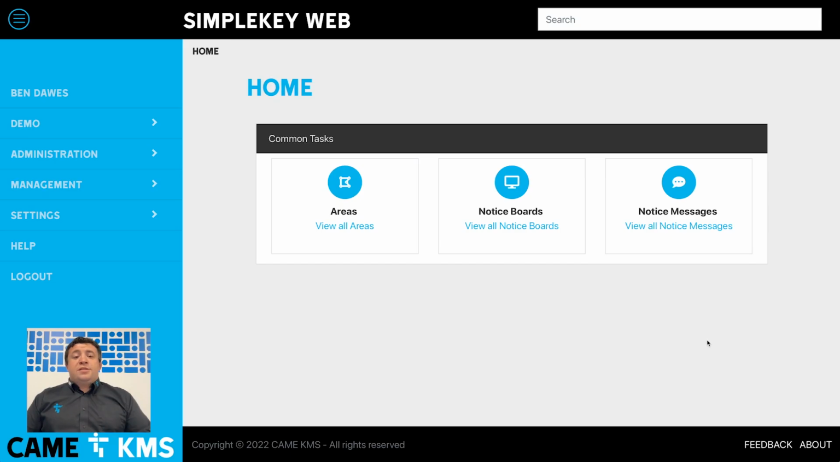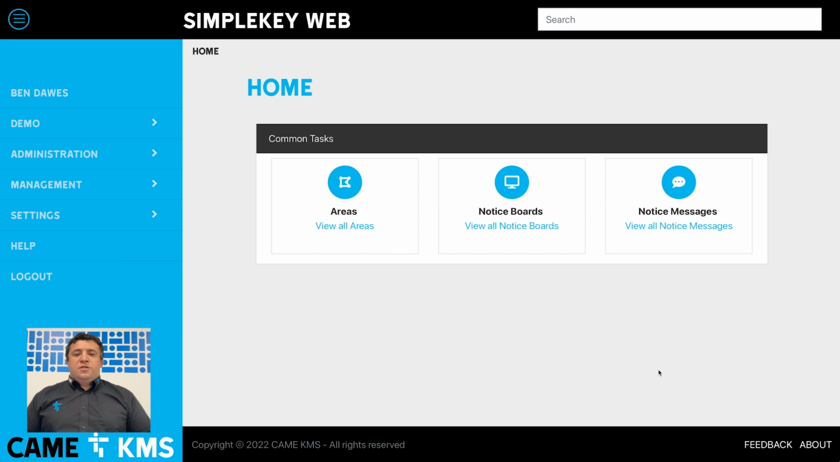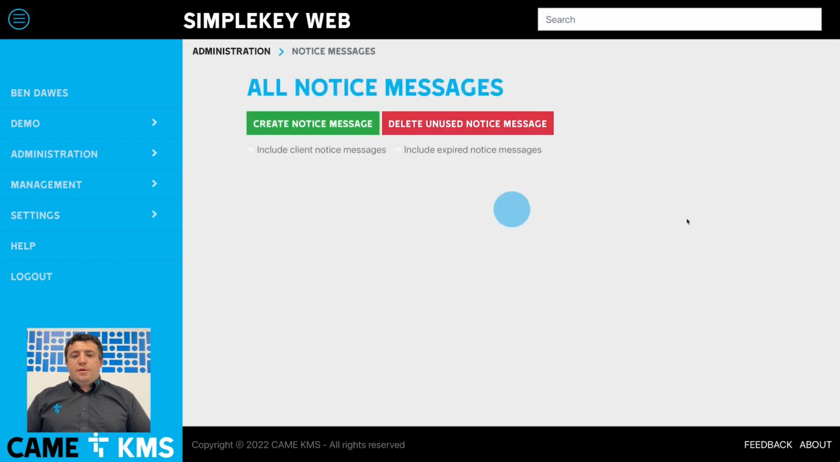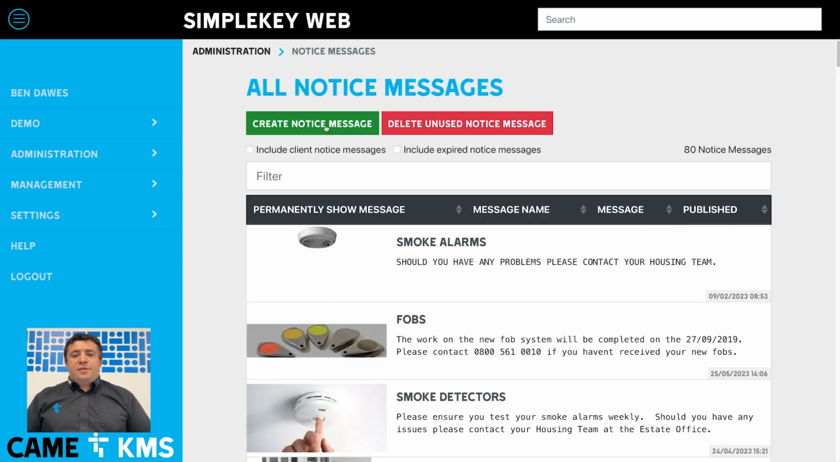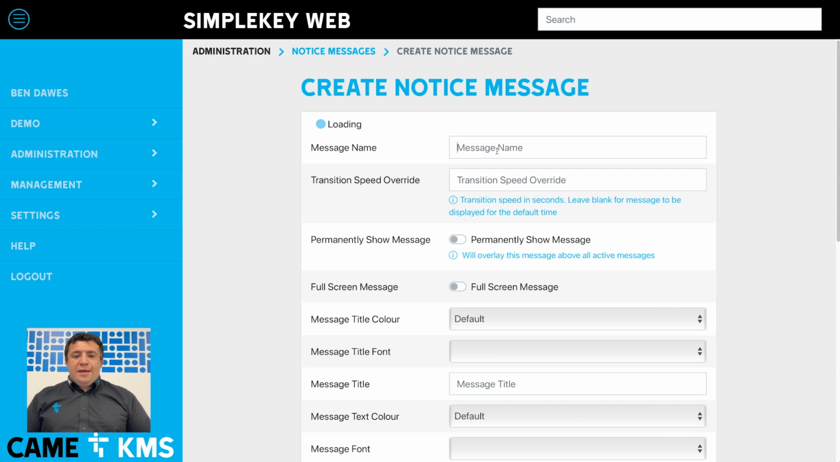There are three main ways of creating a notice message. However, at the end I will go through some additional features that can be added to all or some of these messages. The first message we're going to look at is a simple text and picture message. To do that, you click on the Notice Messages tab, click the Create Notice Message button,